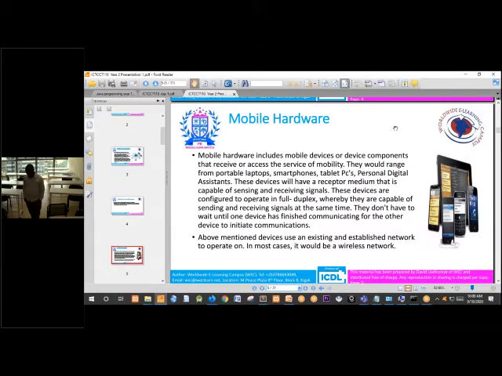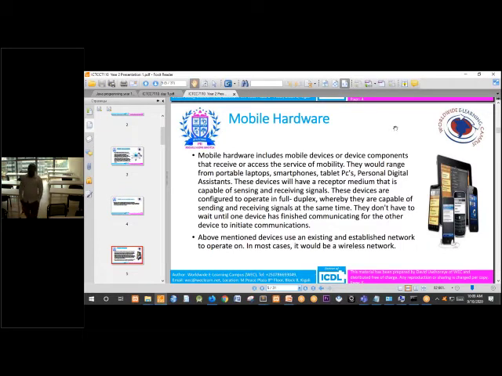So it is a receptor media which sends and receives signals from somewhere else. These devices are configured to operate in full duplex.